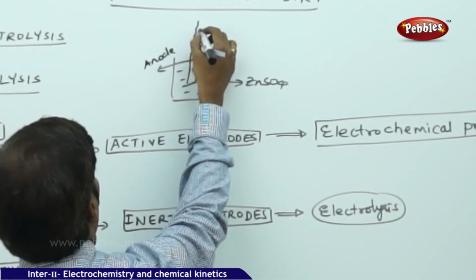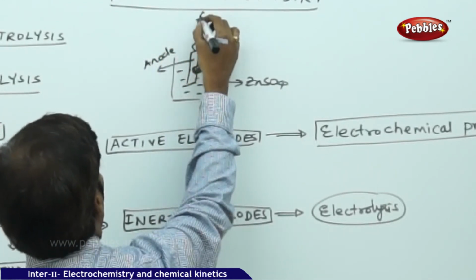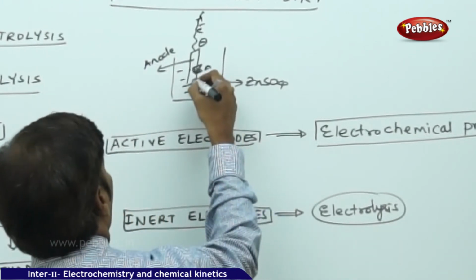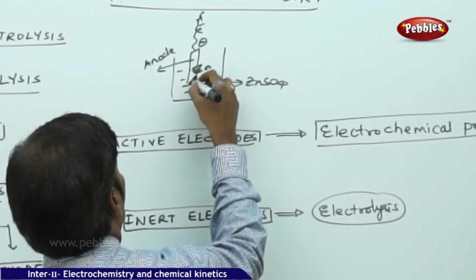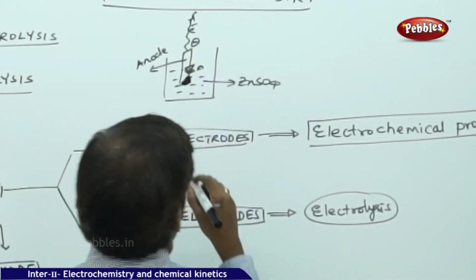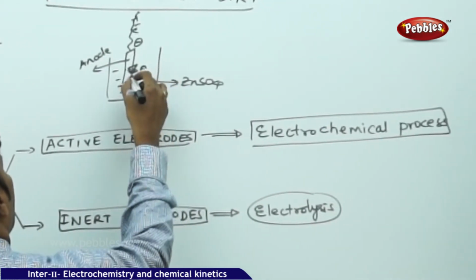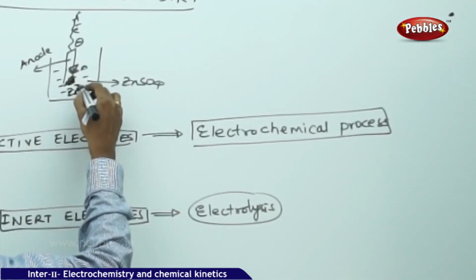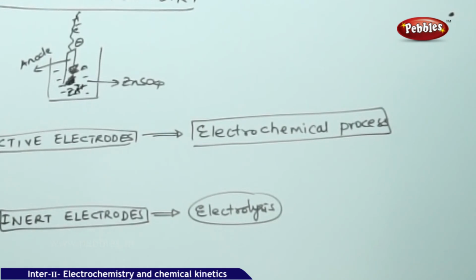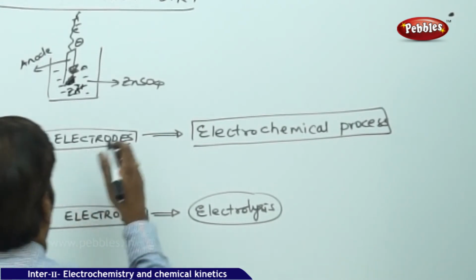The current flows from the anode, and you find that the zinc plate melts away. You can see that there's a decrease in the mass. That means when there's a decrease in the mass of the zinc electrode plate, zinc ions go into the solution. Indirectly, what I mean to say is that whenever you speak about active electrodes, they